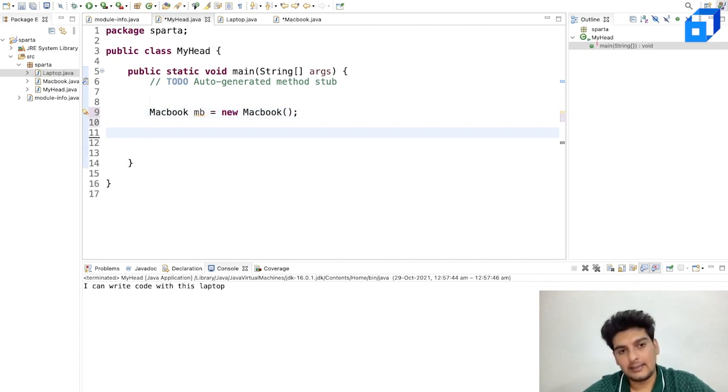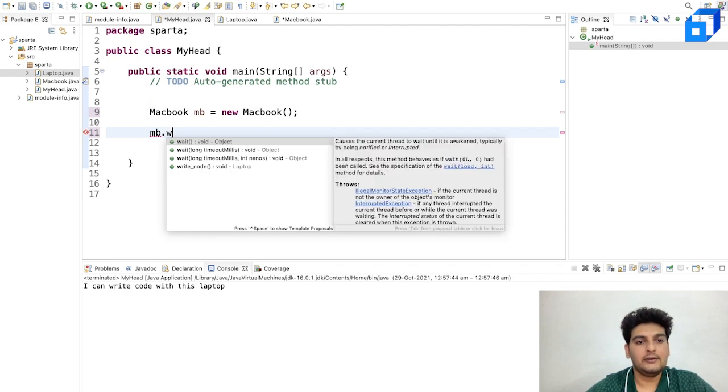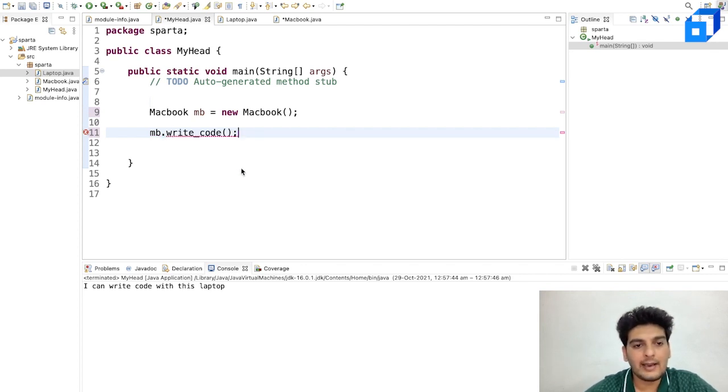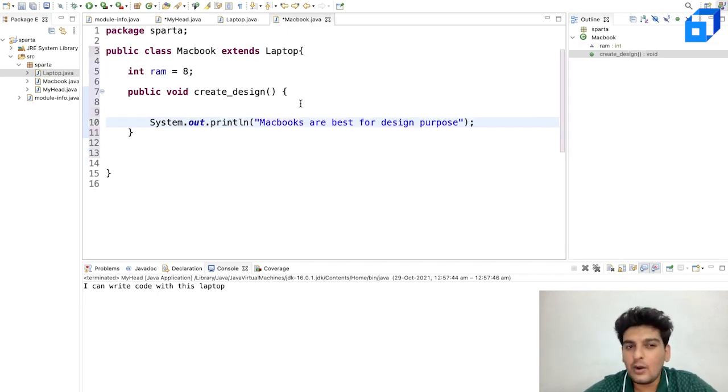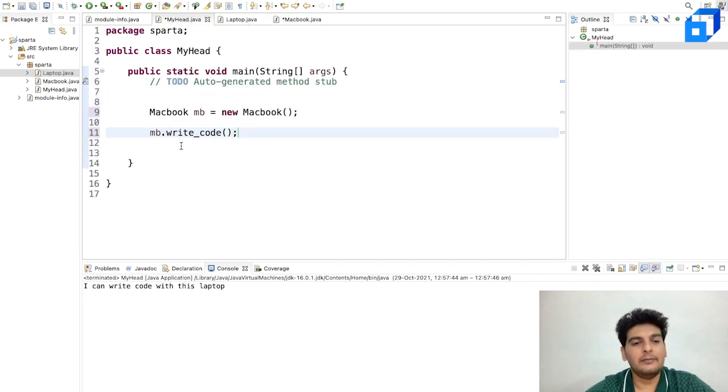Now that this is done, you'll see that this is something interesting. I'll have the writeCode method available for the MacBook object. But if you go ahead and check this MacBook class, you will see that I've not created any method called writeCode, but still this method is available for this object.